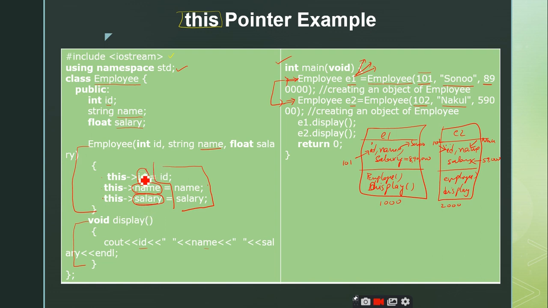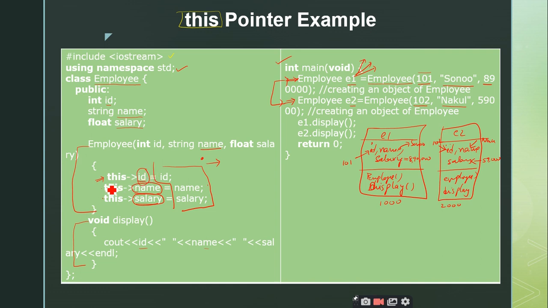This is done by telling the compiler by making use of the this keyword, right? If I say this, I am saying that this is a pointer. When you make use of a pointer, what is the operator you have to use to access the data members? Is it dot or arrow? Arrow, sir. Right.